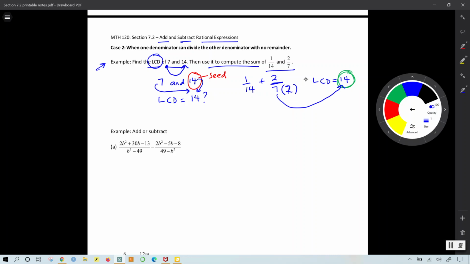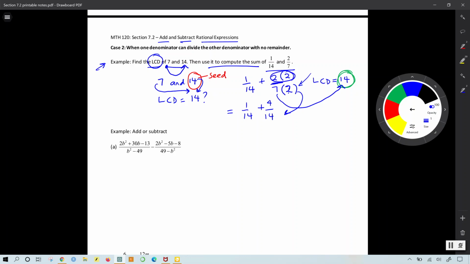Well, whatever is good for the bottom of this fraction is also good for the top of this fraction. So this becomes 1 over 14 plus 2 times 2, which is 4 over 14. So you have converted 2 over 7, you have given it an after look, which is 4 over 14, an